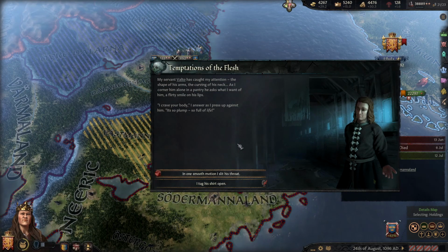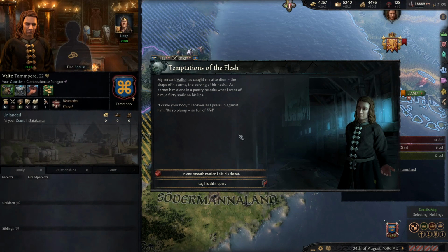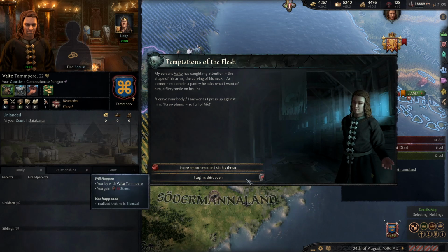Ooh. My servant has caught my... Oh, okay, this is a bit dark. He asks what I want of him, a flirty smile on his lips. I mean... Nom nom nom nom. I mean, we've got the other option of...